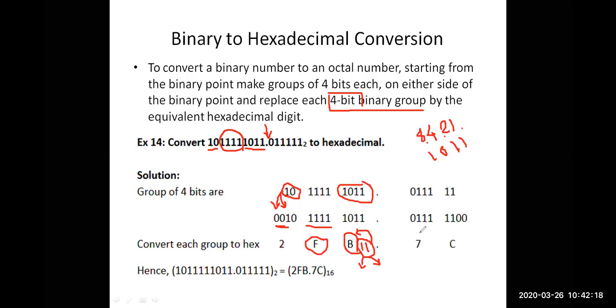Then we have 2. Similarly, we can convert 0111 into 7 and 1100 into C. Now if you see, there were only 2 digits. So you have to put zeros after 11, not before 11. Okay, this is wrong, because this will change the